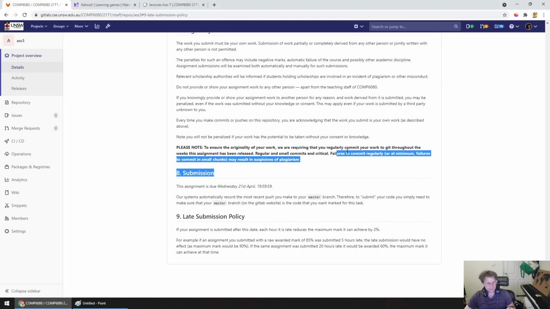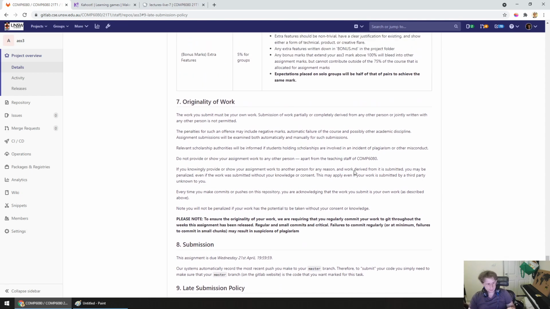And again, the problem is if we make it due on the Friday of week 10, we can't start marking until Sunday night because of all the late submissions, which means that we won't start marking it until we're in exam period, basically, which means we won't just get it done. Like, we just need the time to mark it. 3 weeks is plenty generous, though. Like, UNSW is normally 2 weeks for assignments, so